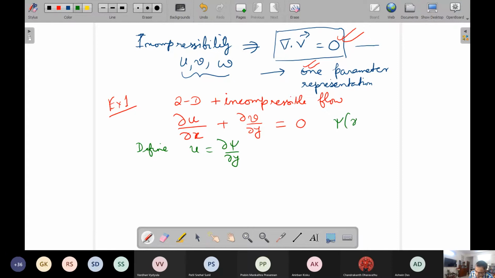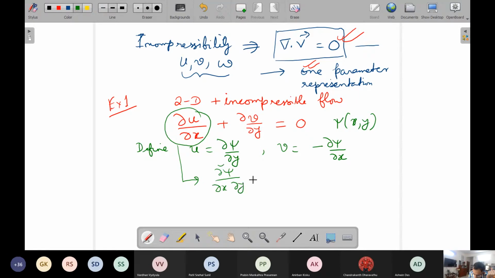a parameter psi, which is a function of x and y, such that u is equal to this and v is equal to this one. So when you have u equal to del psi del y and v is equal to minus del psi del x, what obviously you can see is that once you substitute u here, you will get this, and once you substitute v here, so these two will cancel each other,